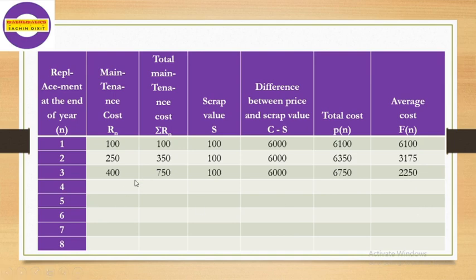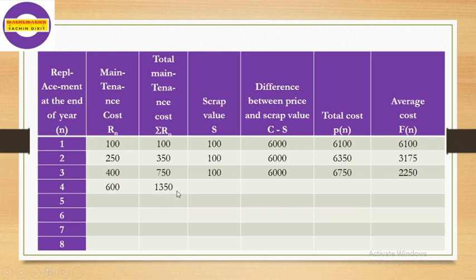Now come to the next. Come to the fourth year. Maintenance cost for the fourth year is 600. Then for total maintenance cost, again we have to add the up-to-previous-year maintenance cost, that is 750, and this year, the fourth year maintenance cost, is 600. We get